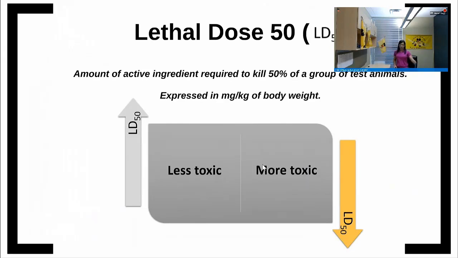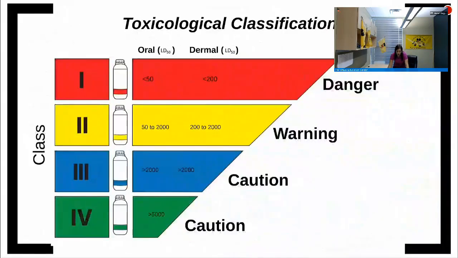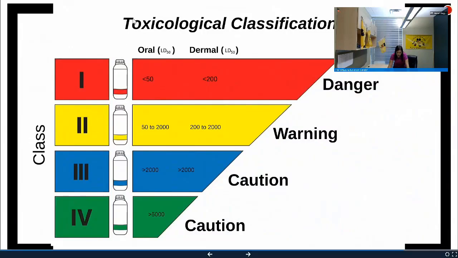But let's say it is a poison and I drink it, but I have to drink 1 gallon, a liter, 3 liters of the pesticide. It's less toxic. It requires much, much more of the active ingredient to actually kill. So it's less toxic. So based on that, the World Health Organization created this table to classify pesticides according to their